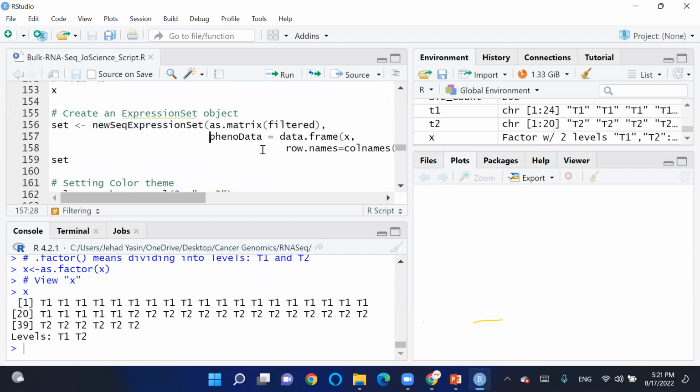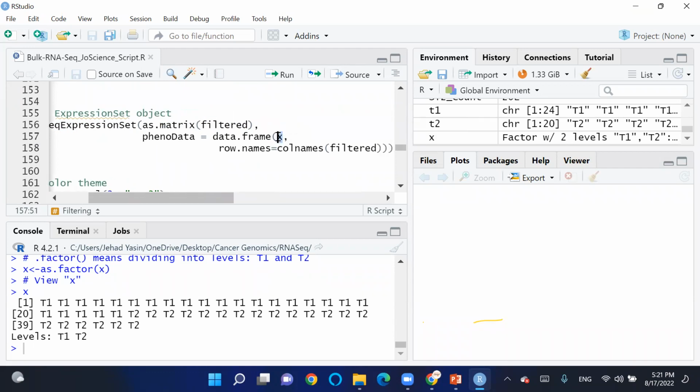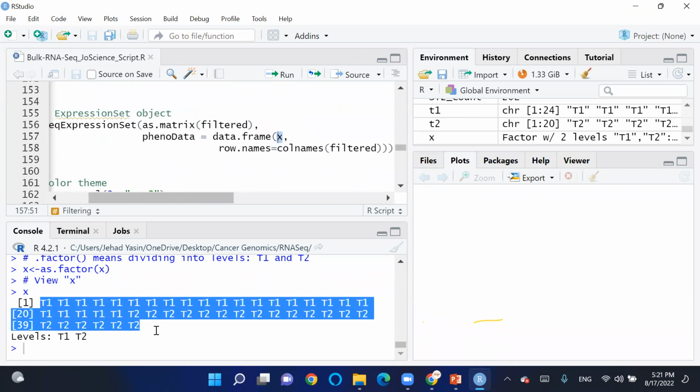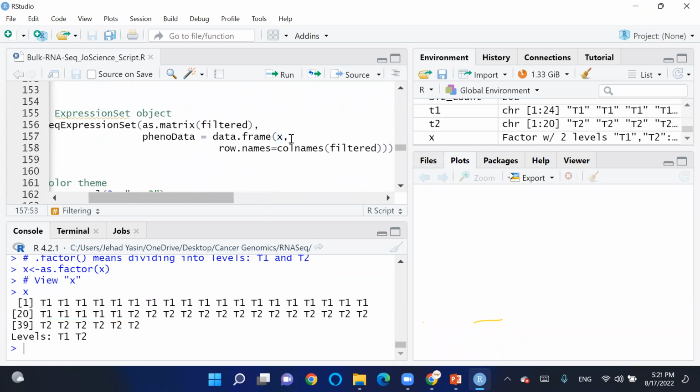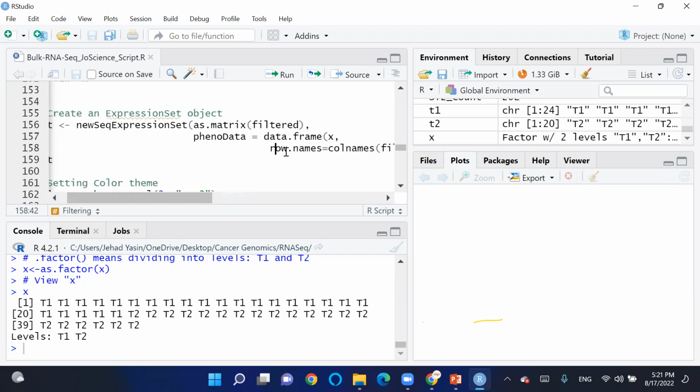We will also specify the pheno data, which are the representation data or the annotation data. We will specify the variable X that we have created for the annotation of the stage of the renal cell carcinoma, and the row names. The row names will become the column names of filter. So